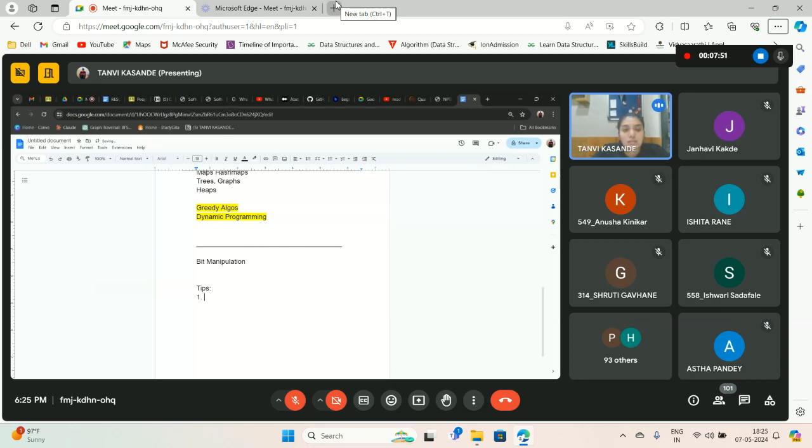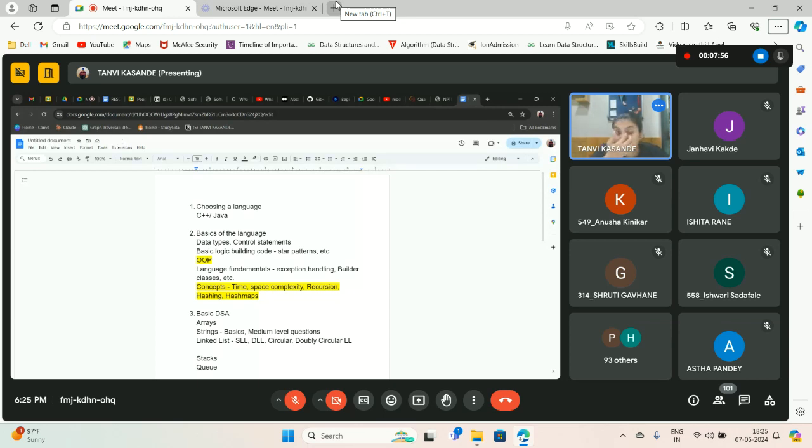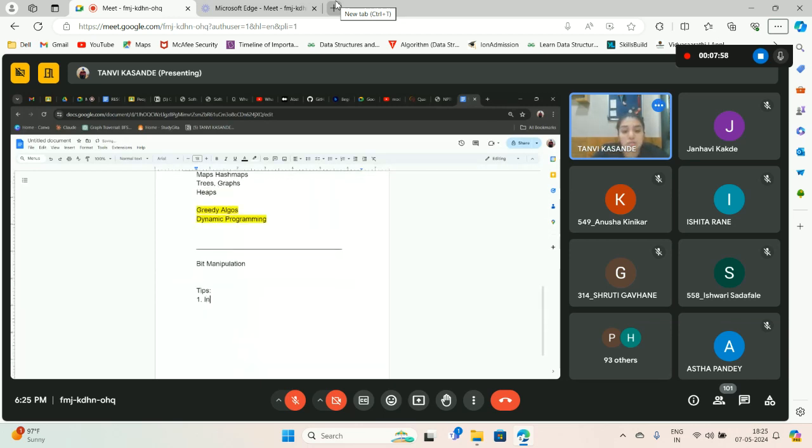First is that when you are doing the basics of the language, you should look into inbuilt functions for stack, queue, hash map, and certain sorts. Every language has a way to implement a stack, a queue, a hash map, searching or sorting directly without you having to write the implementation code.